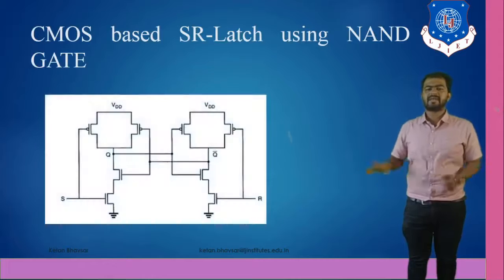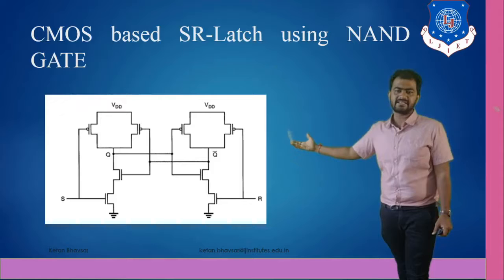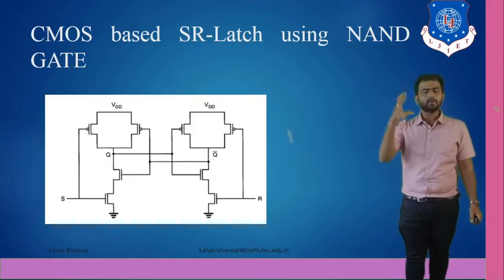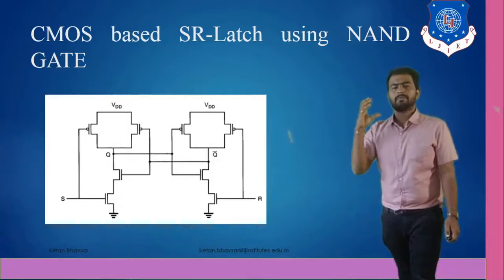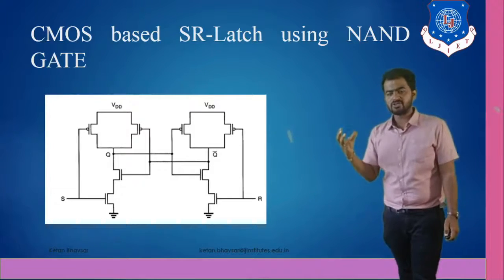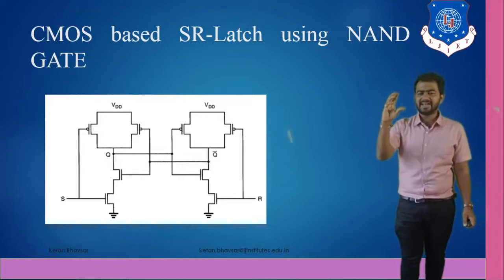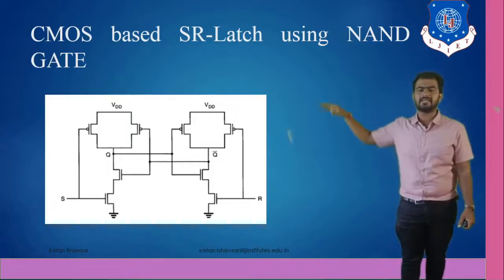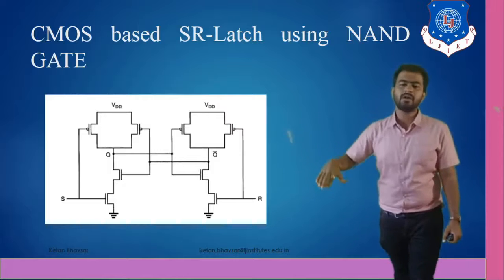Now, the CMOS based circuit. As you can see, we are talking about the CMOS based concept, and the design looks like this, because ultimately we are talking about two NAND gates. So we have to design a two input CMOS. Ultimately you have to design two NAND gates. One NAND gate consumes two NMOS and two PMOS, so the 8 CMOS concept means 4 PMOS and 4 NMOS.